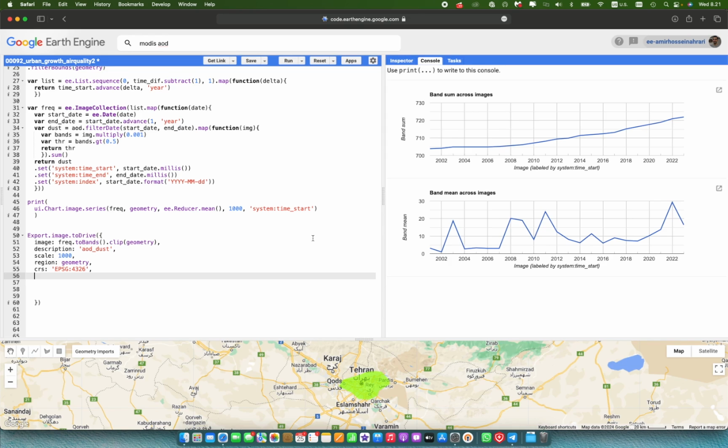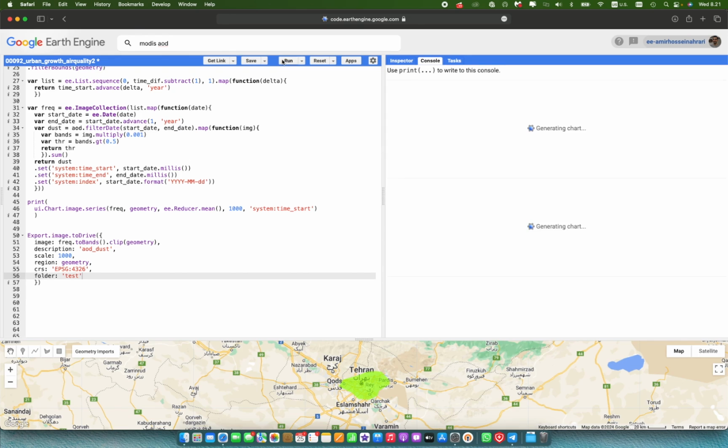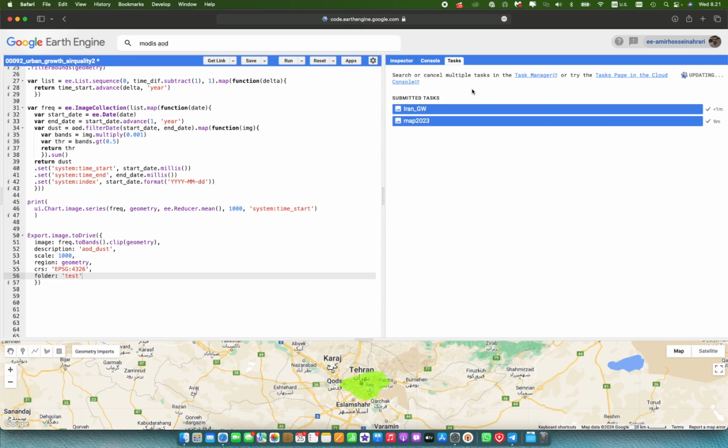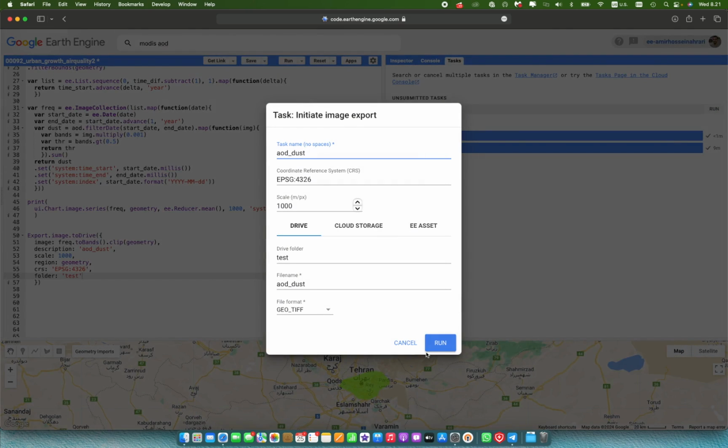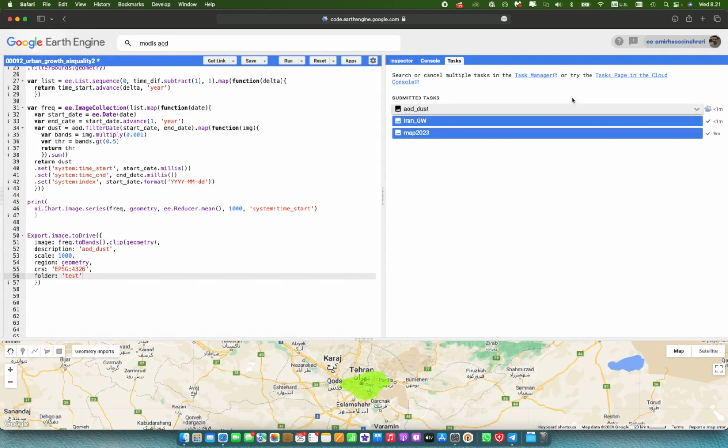And if you want to save your data in a particular folder on your Google Drive, here you can make a new folder, for example, test, and then save your data in it. So this is a very simple technique to get an export. If you run the code, in the right panel under Tasks, you will have a new task as AOD dust. Just click on Run and Run again, and now you must wait until AOD dust is created or saved on your